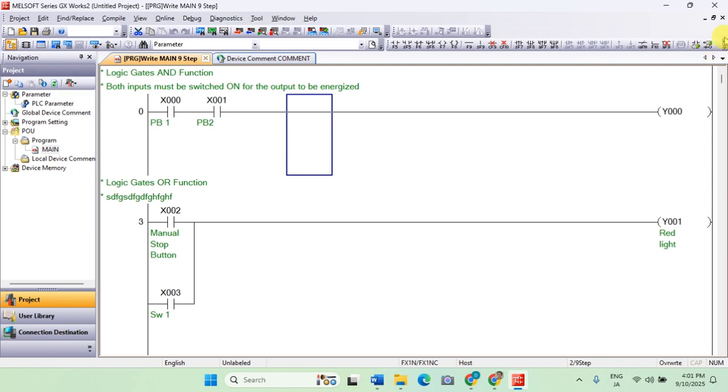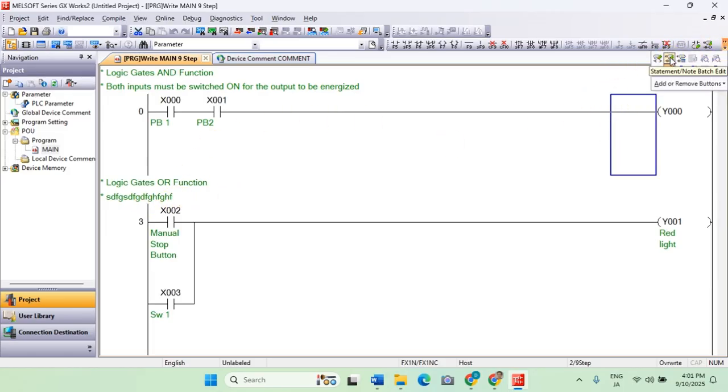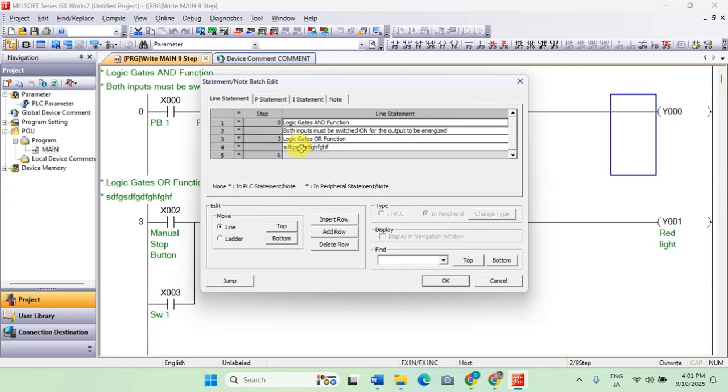Okay. We are still on the write mode, so we can edit the statement. So you can see all the statement that I add is listed here. So at step 6, I can add new comment.